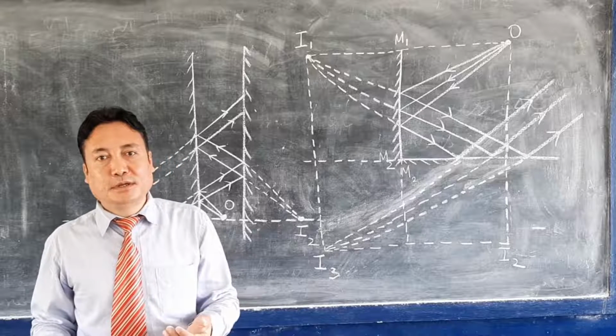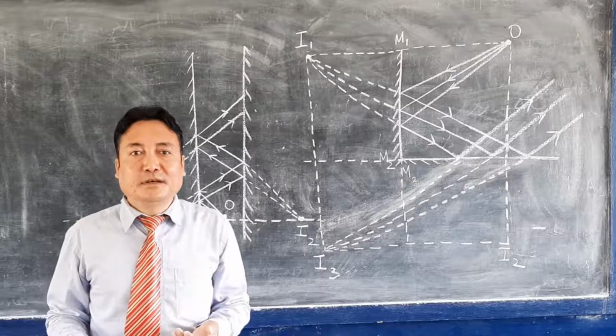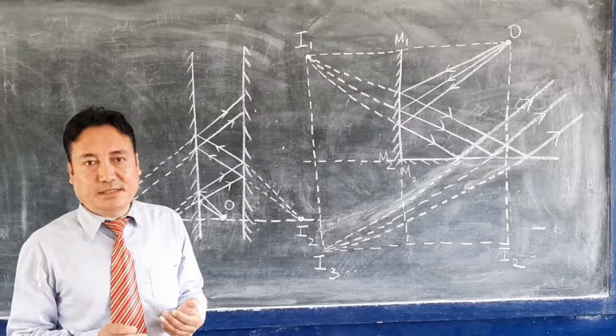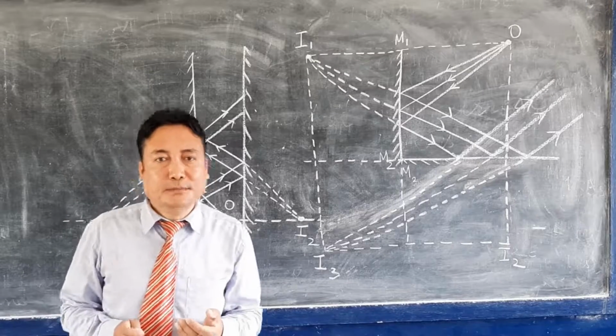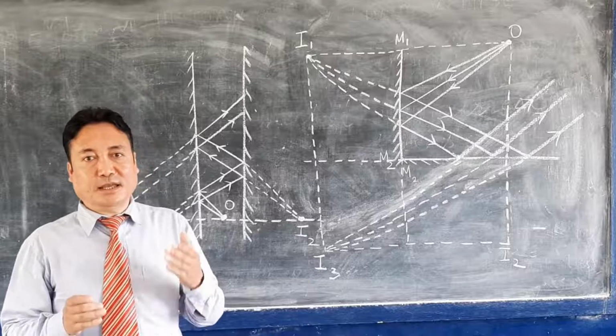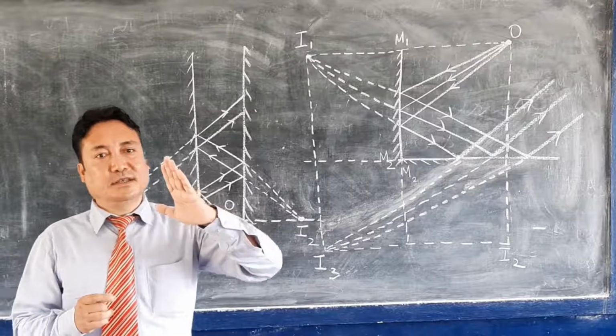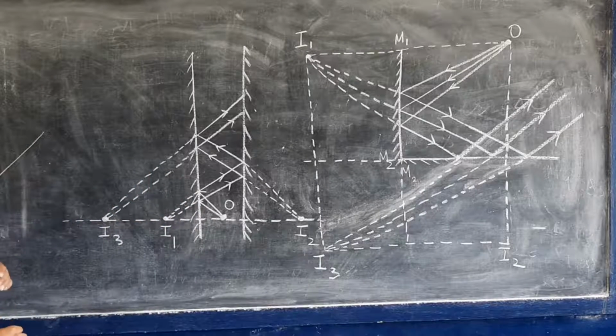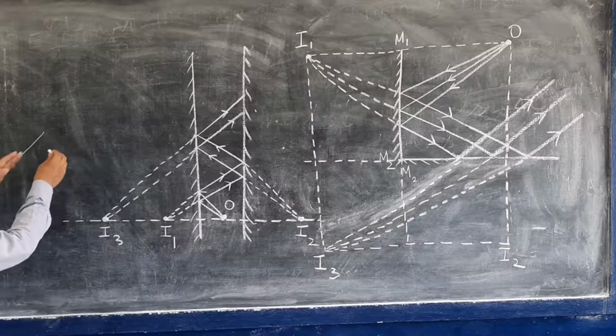That is due to the multiple reflection of light. So let us consider two mirrors which are kept inclined. Inclined means like this, this kind of position. So when the two mirrors are kept inclined like this,